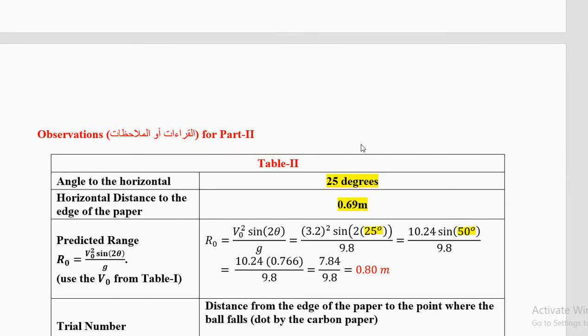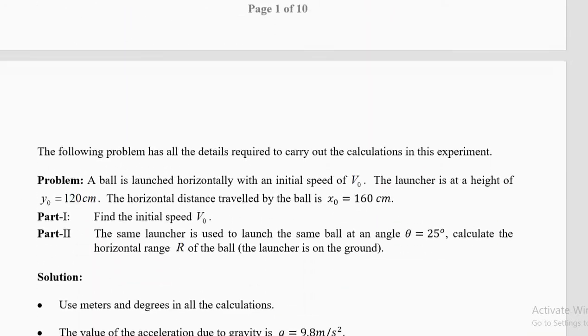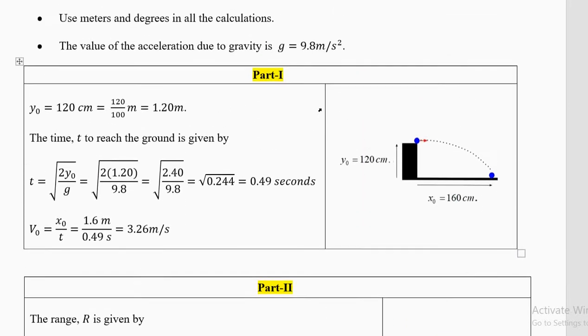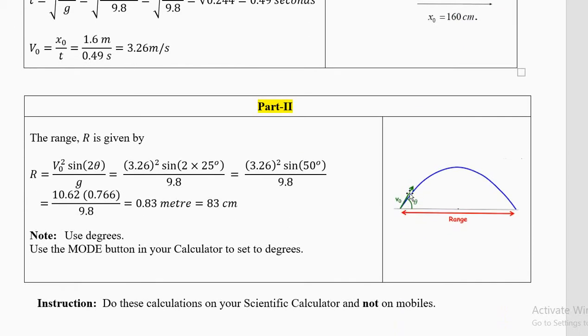This is part 2. Let me show you the diagram one more time. In part 1, you are doing this. Read here. Part 1, you are doing from the table to the ground. In part 2, you are doing table to table or ground to ground. It should be horizontal. Ground to ground, but ground to ground is difficult, so we do it table to table, from one part of the table to the other part of the table.